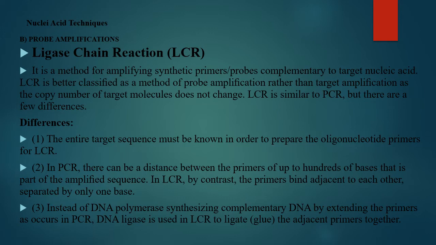The second point: in regular PCR, there can be a distance between the primers of up to hundreds of bases, which is all part of the amplified sequence. But in the LCR, the primers bind adjacent to each other, separated by only one base. So the distance is just a base difference, but in PCR you have hundreds of bases